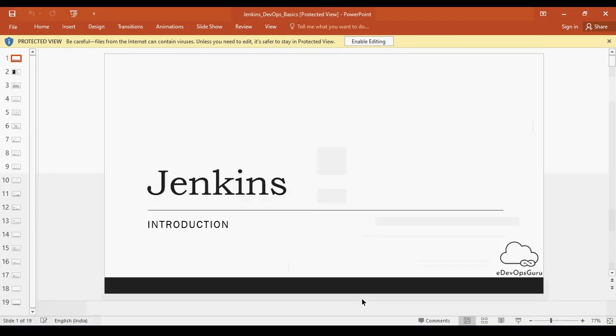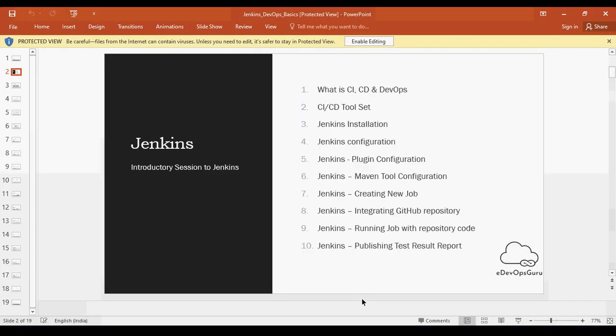Okay, so let's go through the earlier slides which we covered. In that session, we had covered what is CI/CD, how it differs from DevOps, what are the CI/CD toolsets, Jenkins installation, Jenkins configuration, plugins, how to install plugins, and what tools we would use, Maven as a tool, correct?